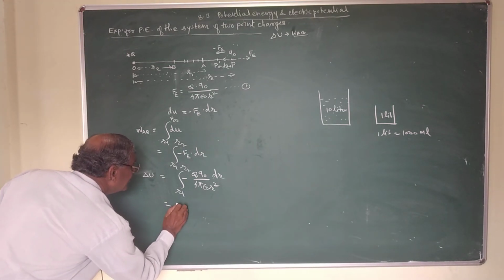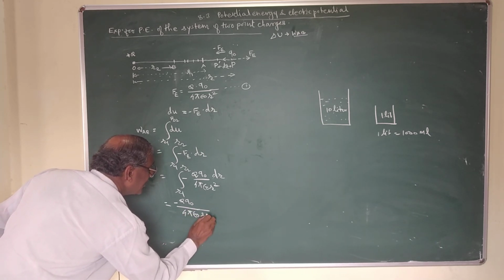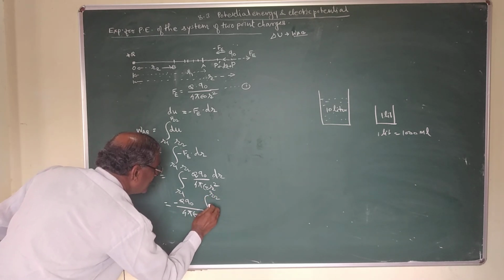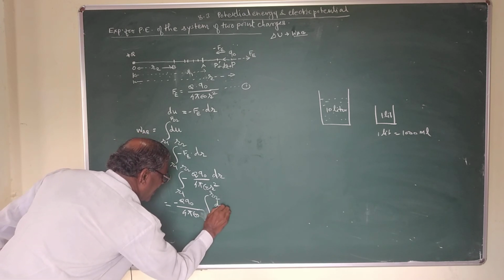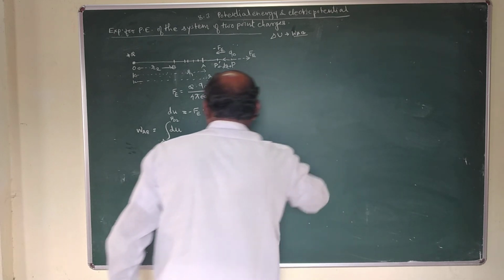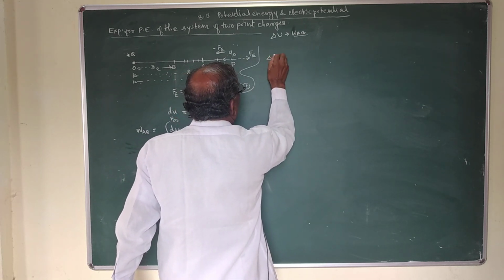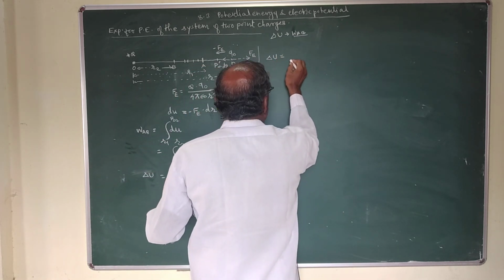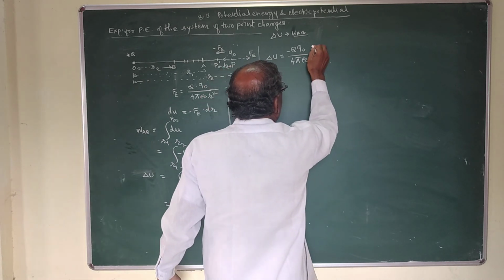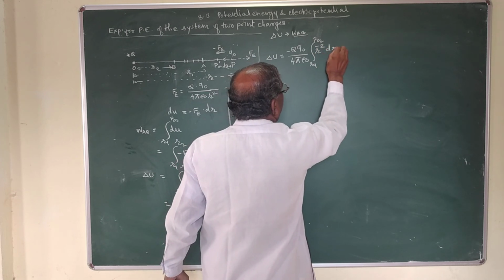delta U equals minus Q into Q0 over 4 pi epsilon 0, times the integral from R1 to R2 of dr over R squared, or delta U equals minus Q into Q0 over 4 pi epsilon 0, times the integral from R1 to R2 of R to the power minus 2 dr, equals